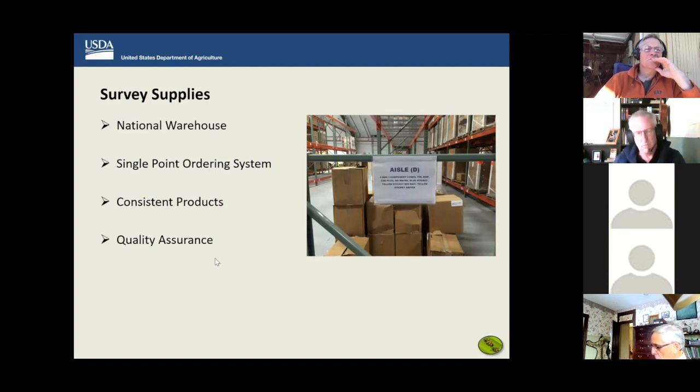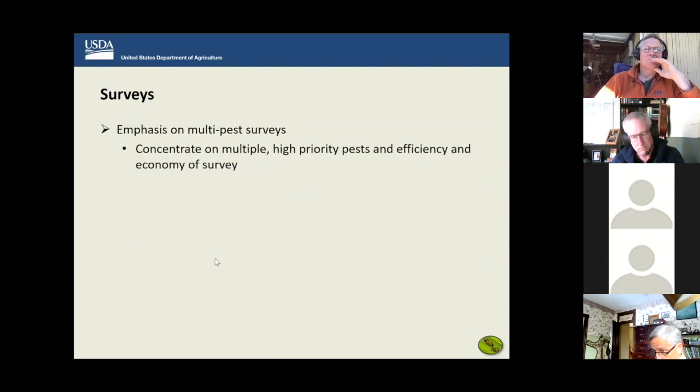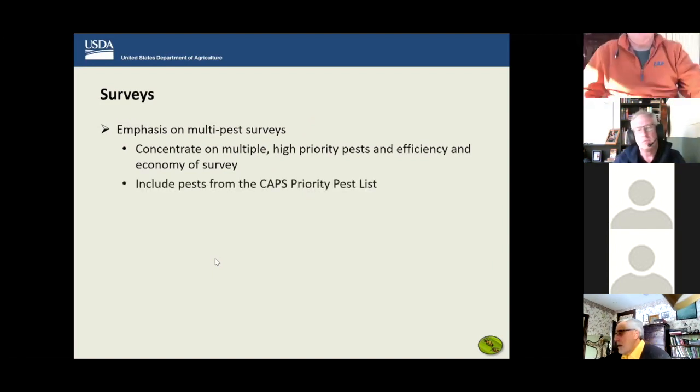The surveys emphasize new pests, like I mentioned earlier. The pests not known to occur in the U.S. are considered new for us, and multi-pest surveys as well. So we want to make sure that these not-known-to-occur pests in the U.S. are being streamlined into efficiency so that these high priority pests are identified quickly by using multiple pests through the survey. We're included in the national CAPS priority pest list, so making sure that we're doing what we're saying we're doing,